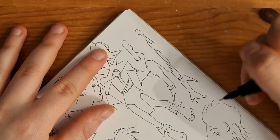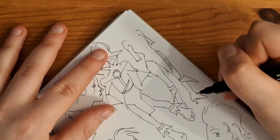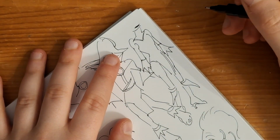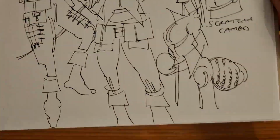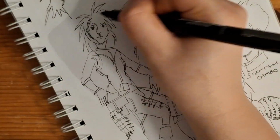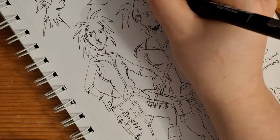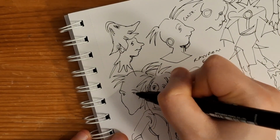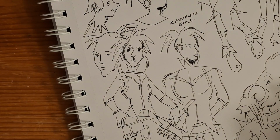I'm trying to find for you guys before the timer runs out, but it is a Scotchie, which they're trying to mimic with the leaf hats, and they wear no clothes. And a little fun fact about them, they fly on bats, because I love bats. I'm very excited to draw a thief riding a bat,